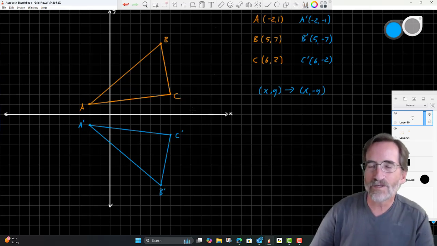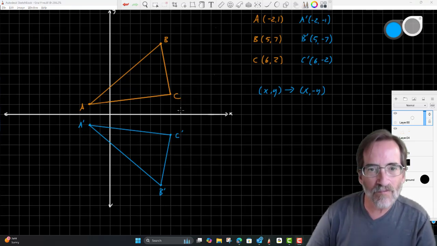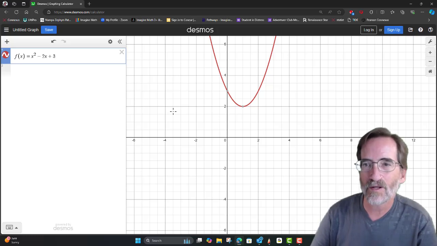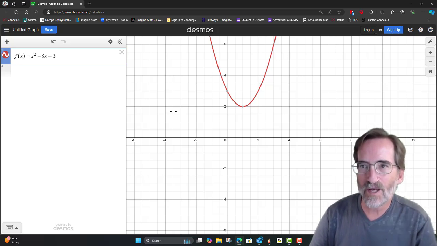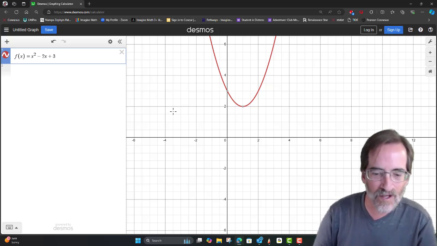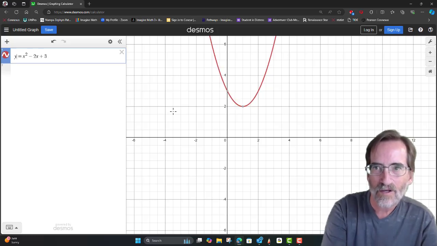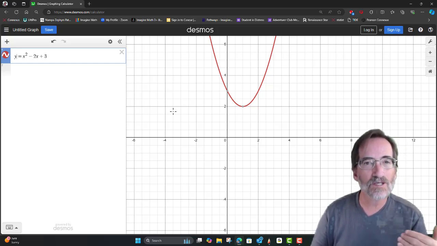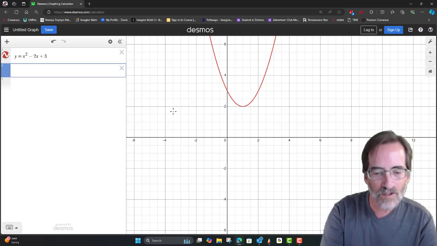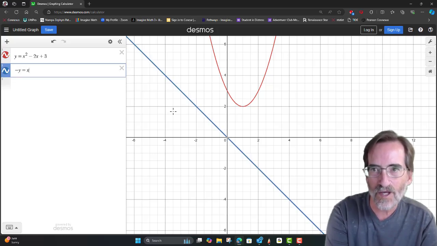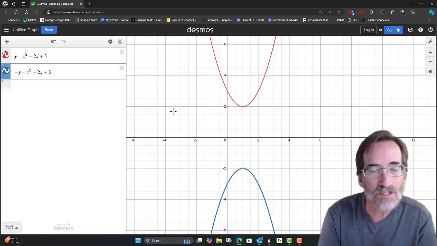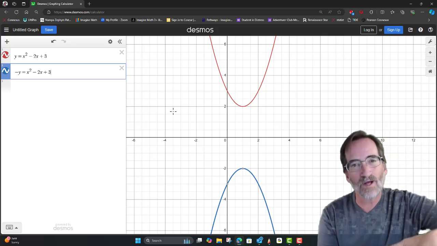Okay. Now I want to take a look at a function. So let me bring up Desmos. I'm going to use a graphing calculator, and you can use desmos.com/calculator as well. This is the graph of f(x) = x squared minus 2x plus 3. You can think of that as f(x), or you can think of it as y. Either way it works. Okay? And remember, to do an x-axis reflection, we change the sign on y. So I can literally do this. I can type -y = x squared minus 2x plus 3. Okay? And you'll notice, because I changed the sign on y but not x, it is now reflected across the